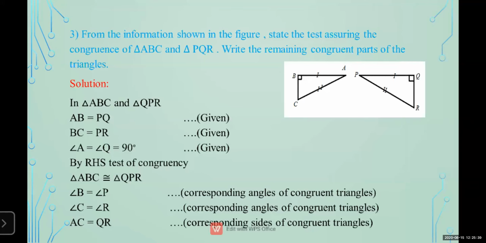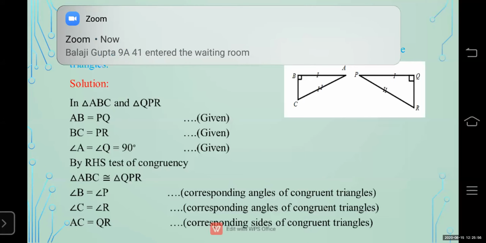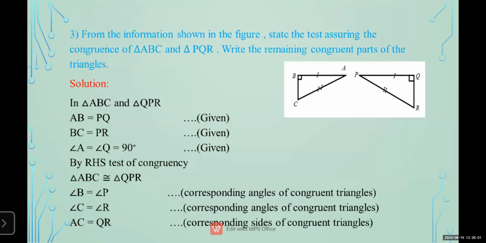अगर दो ट्रायंगल कॉन्ग्रुएंट होते हैं, चाहे वो एसएसएस टेस्ट से हो, एएसए टेस्ट से हो, या एसएएस टेस्ट से हो, या हाइपोटेनस साइड से हो, चारों में से किसी भी टेस्ट से अगर वो कॉन्ग्रुएंट होते हैं तो उनके जो भी बाकी के बचे एंगल्स या साइड्स, they are also going to be congruent. ओके. और इस टाइम पे अगर एंगल्स कॉन्ग्रुएंट होते हैं तो हम क्या बोलते हैं? Congruent corresponding angles of congruent triangles. अगर sides congruent लिखते हैं तो हम क्या बोलेंगे? Corresponding sides of congruent triangles.